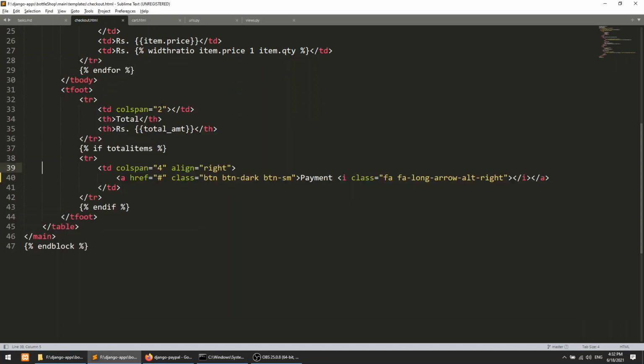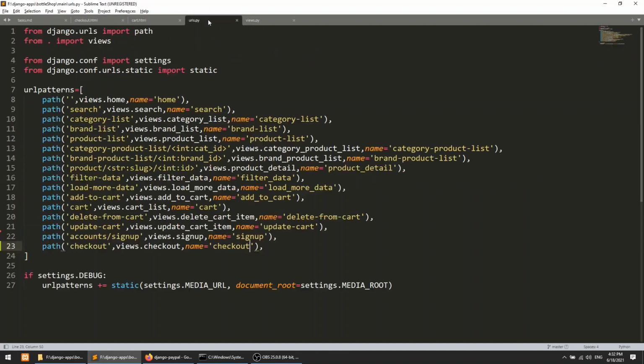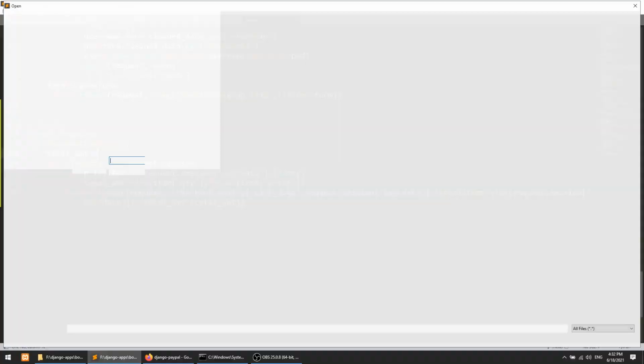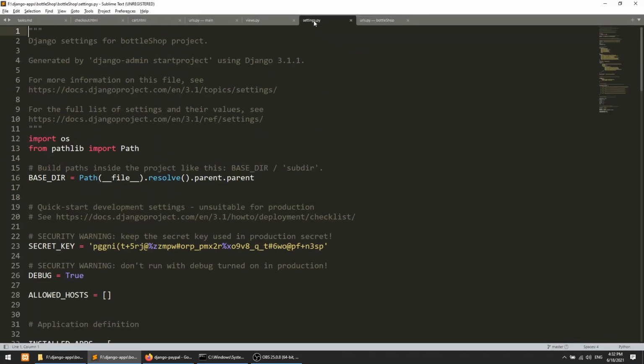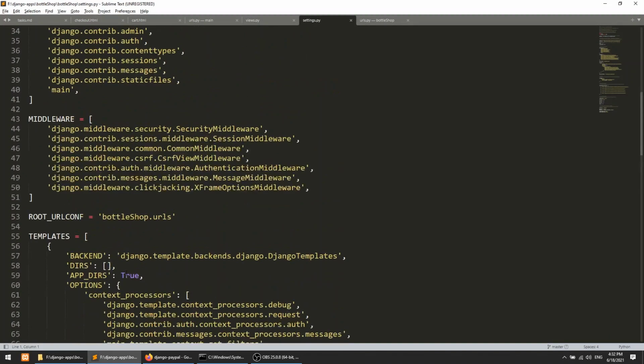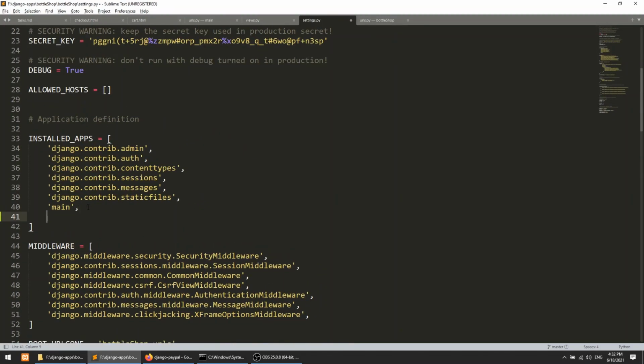For implementing PayPal, first of all we will open our project level settings file and urls.py file. In the settings file I will add the configuration.